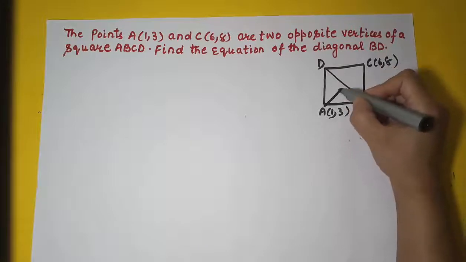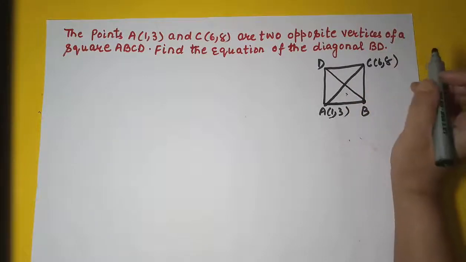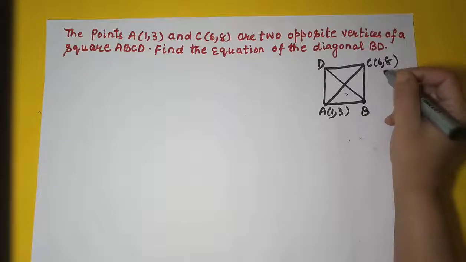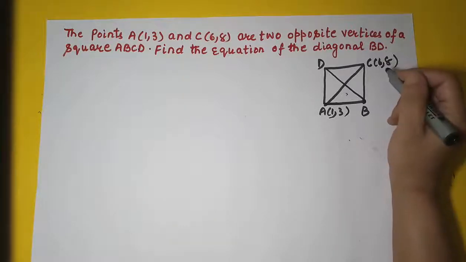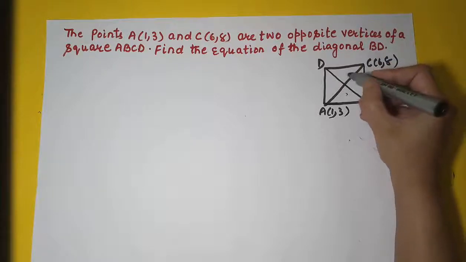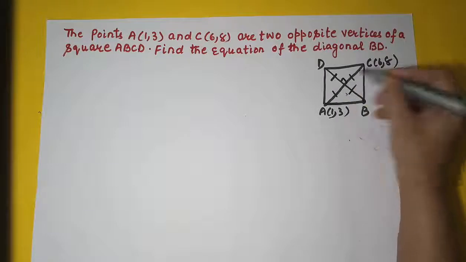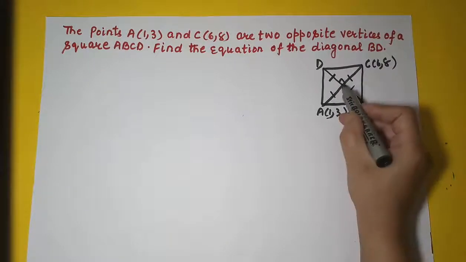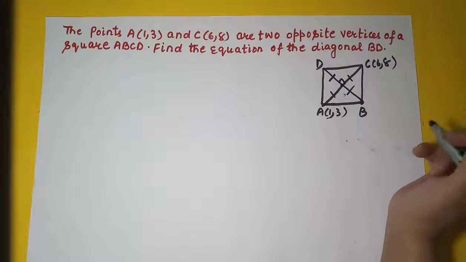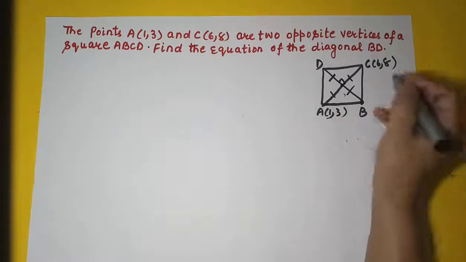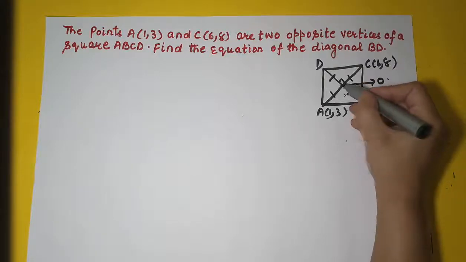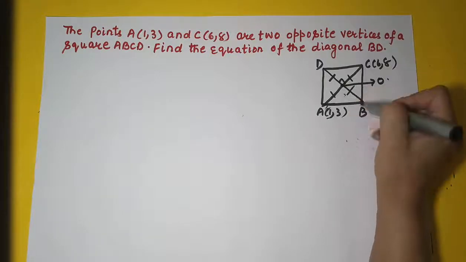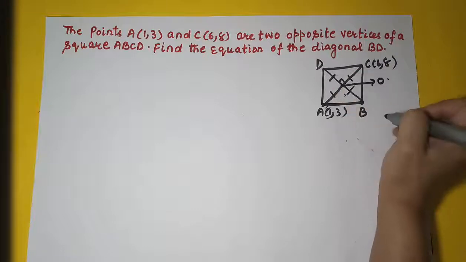Now again here we know that the diagonals of the square are equal. In the previous case the diagonals were not equal. In case of a rhombus the diagonals bisect each other at 90 degrees, but they are not equal. Here the diagonals are equal as well as they bisect each other at 90 degrees. Right? Now that equality part won't help us to that extent. It's almost the same. Now let's say that this is the point O. O is the point through which this diagonal AC passes, and BD also, right?